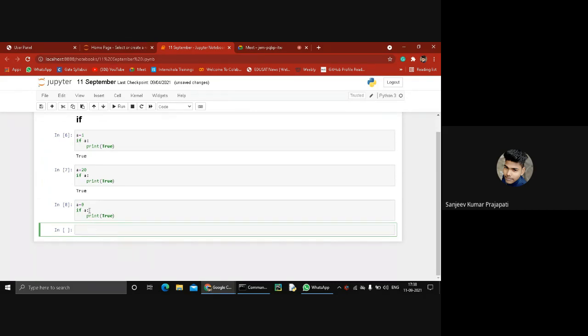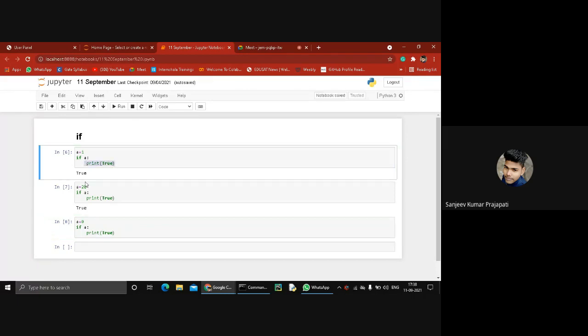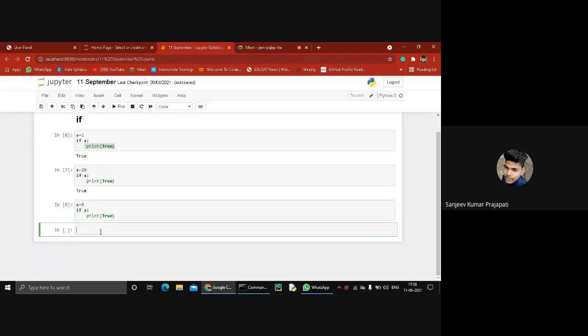Any idea why it returns nothing? Okay, no issue. Because in this case, in the if statement, when the first condition is true, then it executes the if part. Otherwise, it executes the else part. So the else part is not available in this case, so that's why there is nothing to print. Okay. So the next part is the else part.